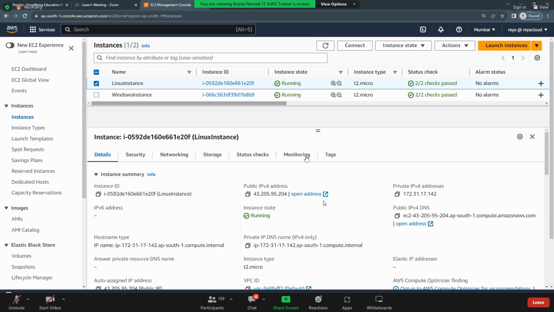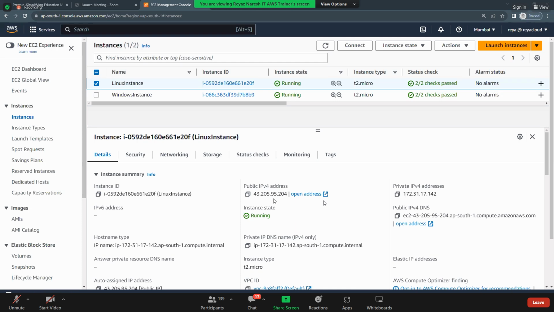Now, what is the difference between Putty and PuttyGen? Putty is to connect. What is PuttyGen used for? To convert the PEM file to PPK file. Correct? To convert PEM to PPK. So, guys, does Putty support PEM file? No. What do we need to do? We need to convert. Should we convert that first?